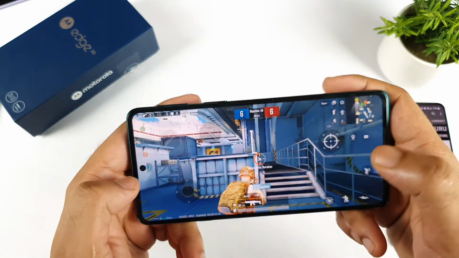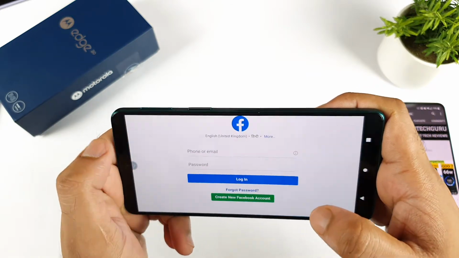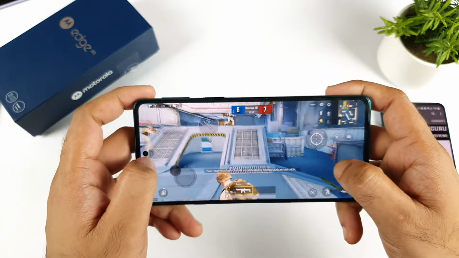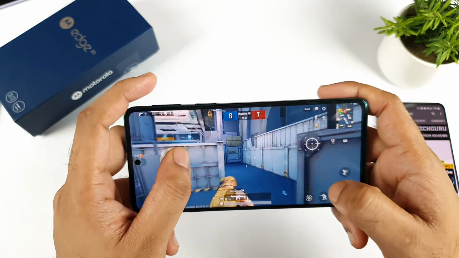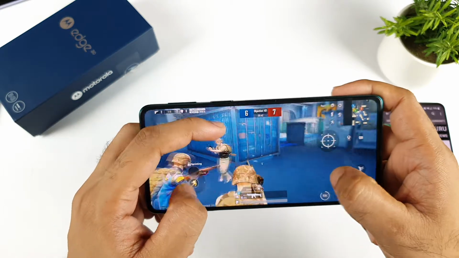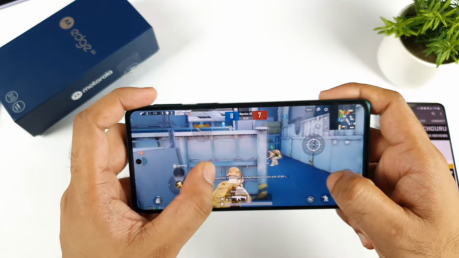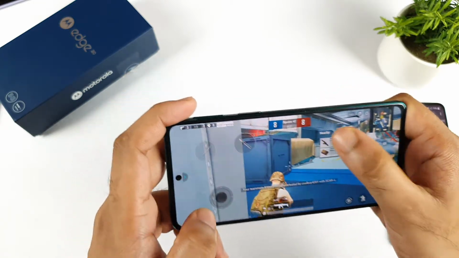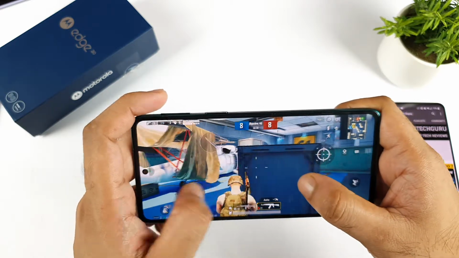No, you cannot minimize. There's an option of expanding into the big application if you want, and the game will be in the background. So this is a quick review, friends, on the game time and complete in-depth features on this one. I think you got my point right. So overall it was really good, but there's no FPS meter, there's no real-time statistics which show the CPU and the GPU percentage. They need to improve a lot in terms of those features. That is what I did not feel that good about, not having the FPS meter count in this phone.